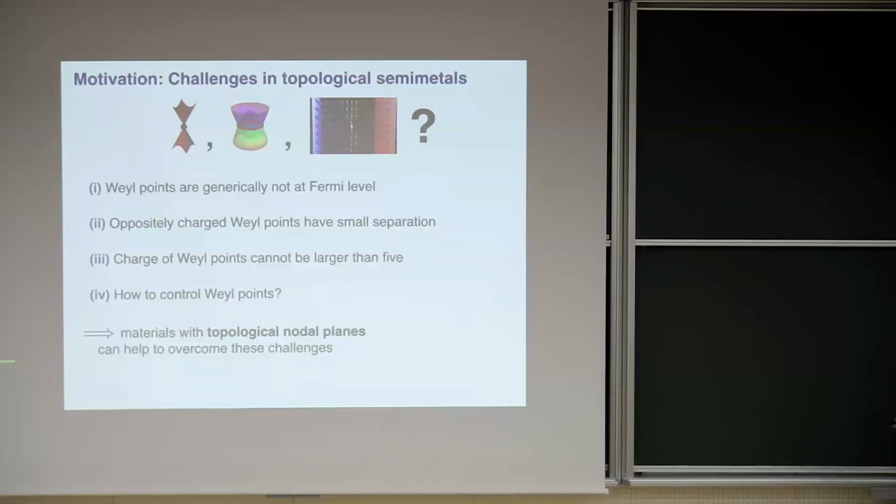Now the question is, can we have such a degeneracy in the bands, which carries a non-zero topology, also in two dimensions? Can we have two bands overlapping on a two-dimensional submanifold of the Brillouin zone, such that they carry a finite topological charge? The second motivation has to do with some of the challenges that we usually have in the field. If we look at these Weyl semimetals or these nodal line semimetals, usually the problem is that these band crossings, these Weyl points, are not at the Fermi level, because by symmetry they do not need to be at the Fermi level.